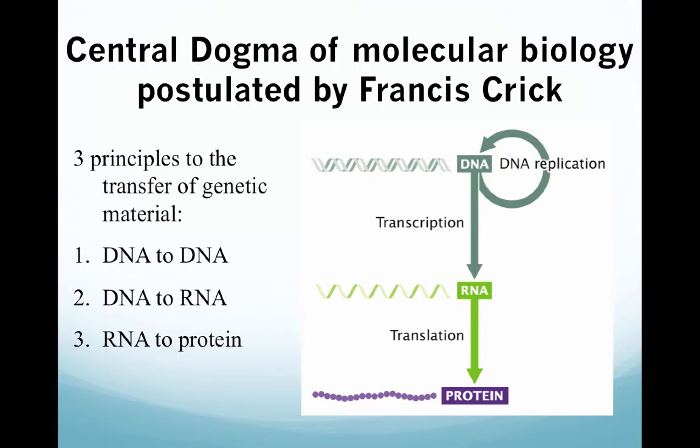The central dogma that's centered around protein expression refers to the two processes of transcription, where DNA is transcribed to RNA, and then translation, where RNA is translated into protein